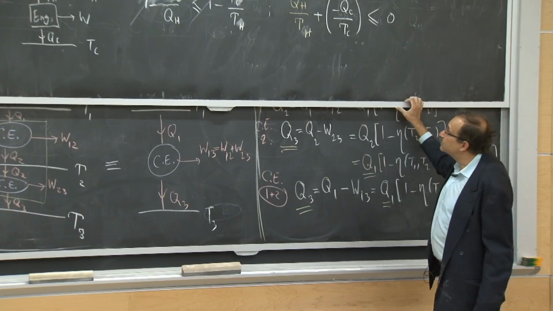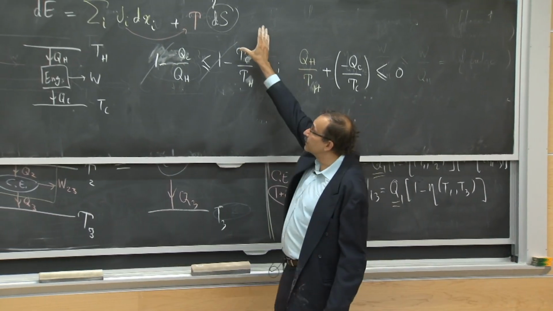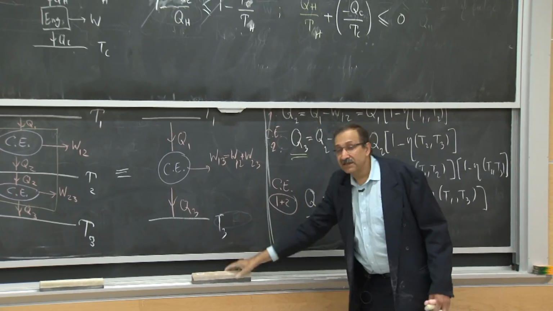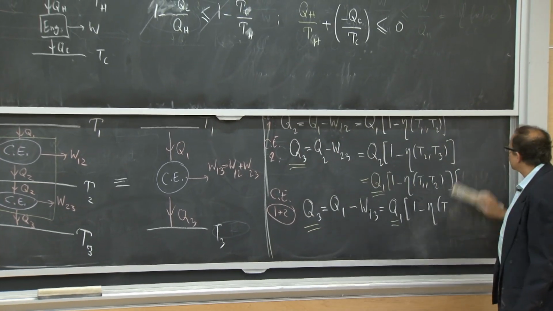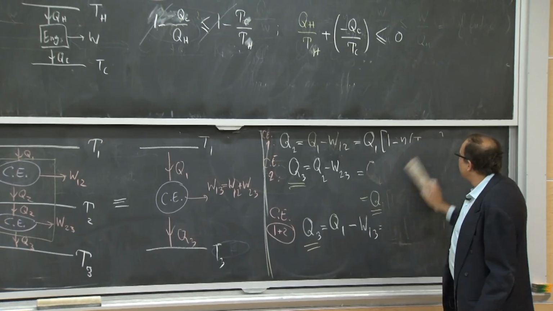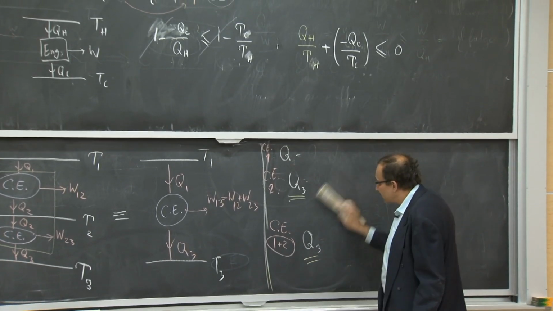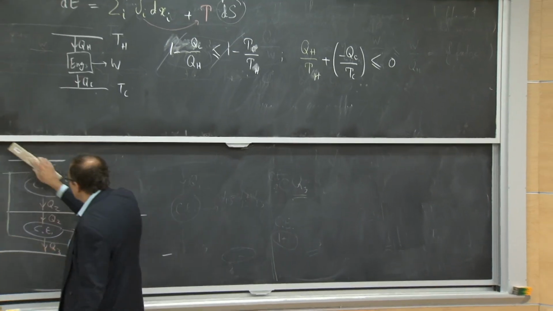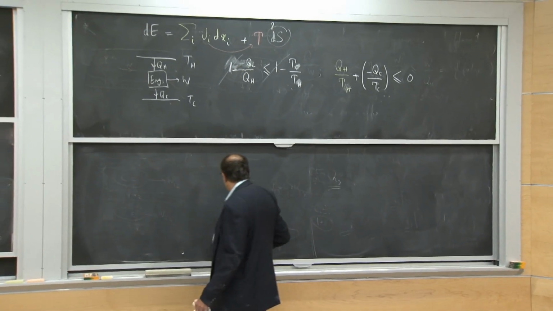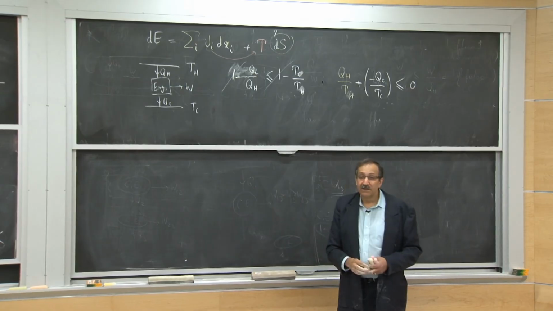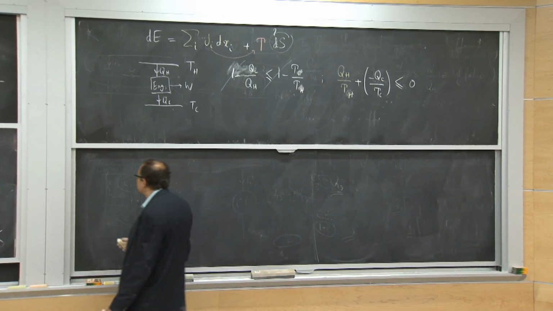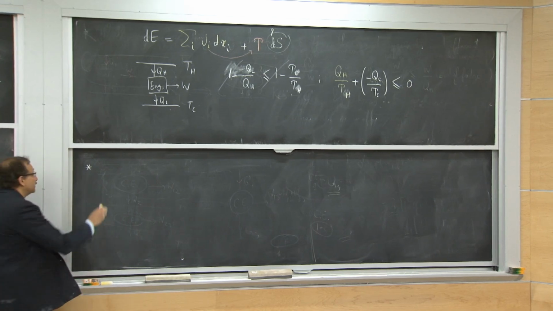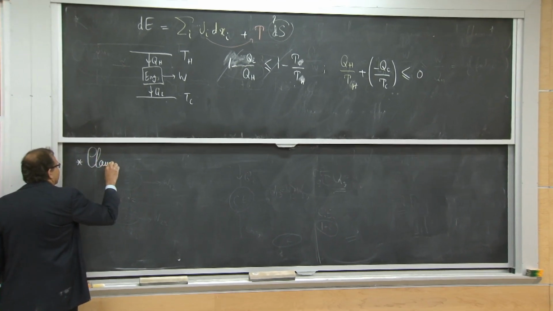Now this is kind of limited. And in order to be able to construct a general formula, we need to be able to make statements that are relevant to arbitrary complex cycles and complex behaviors. So what we will start next time is to prove something that ultimately will allow us to quantify entropy, and it's called Clausius's theorem,